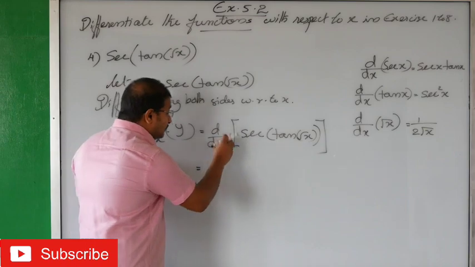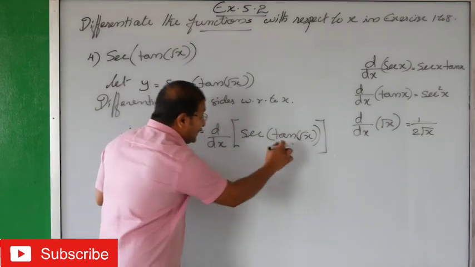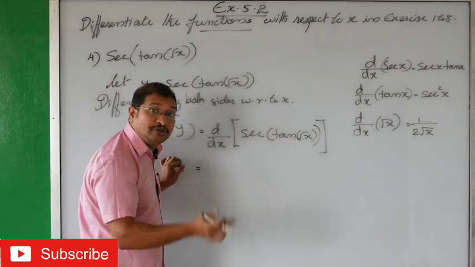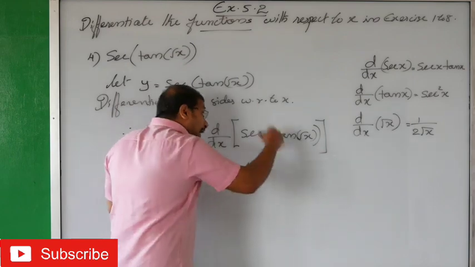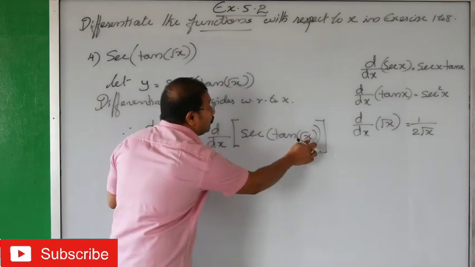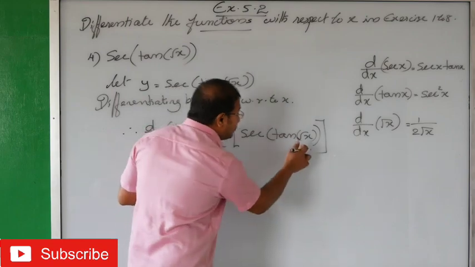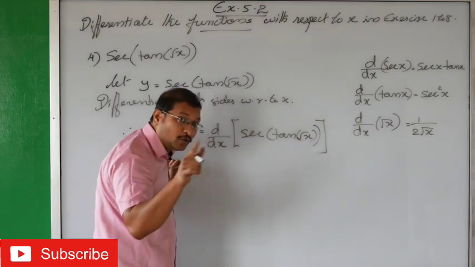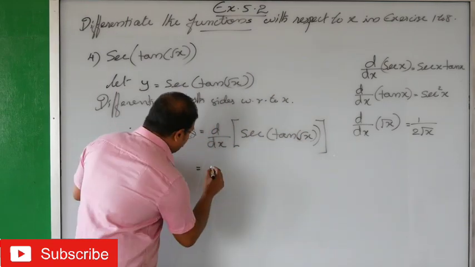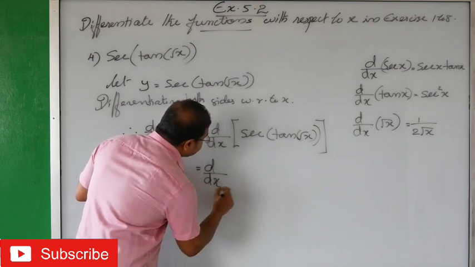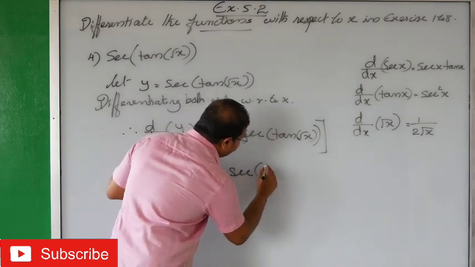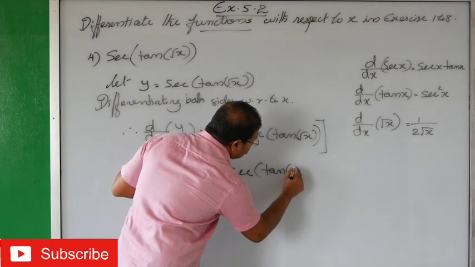Now we will be taking derivative of sec x, but in place of x we have tan root x, isn't it? That means again we have to take the derivative of tan root x. After that again one more time derivative of root x we will take. Ready? So derivative of sec of tan root x,